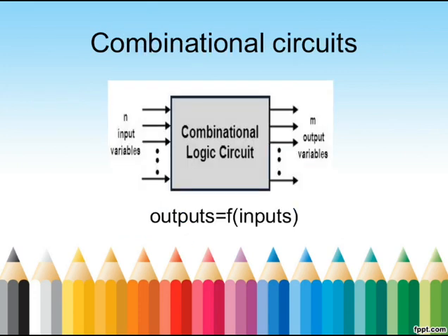When logic gates are connected together to produce a specified output for certain specified combinations of input variables, with no storage required, the resulting circuit is said to be a combinational circuit. In a combinational logic circuit, the output variables are at all times dependent on the combination of input variables.